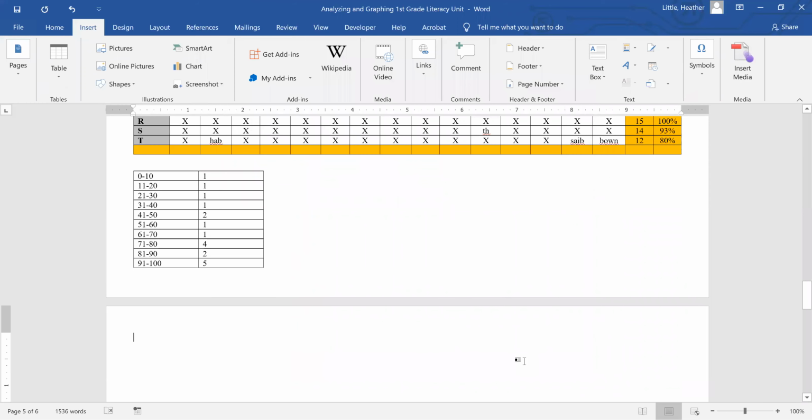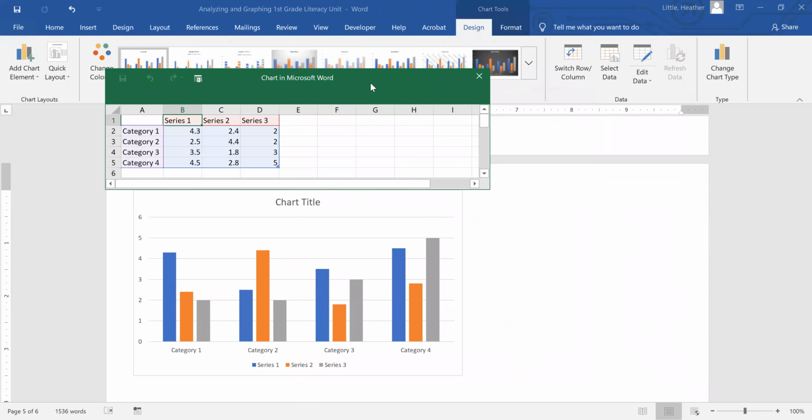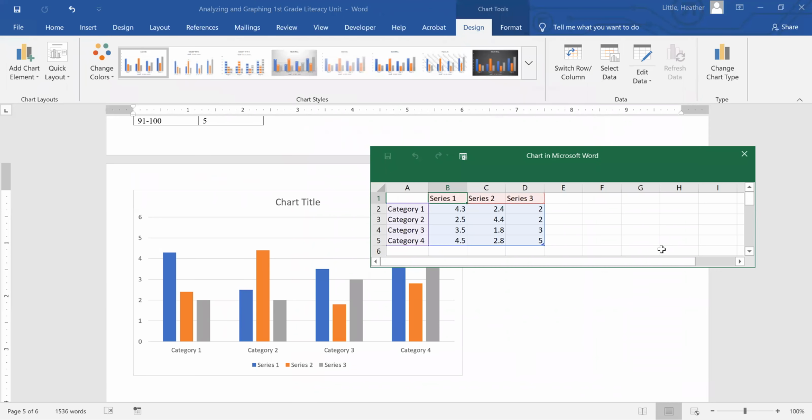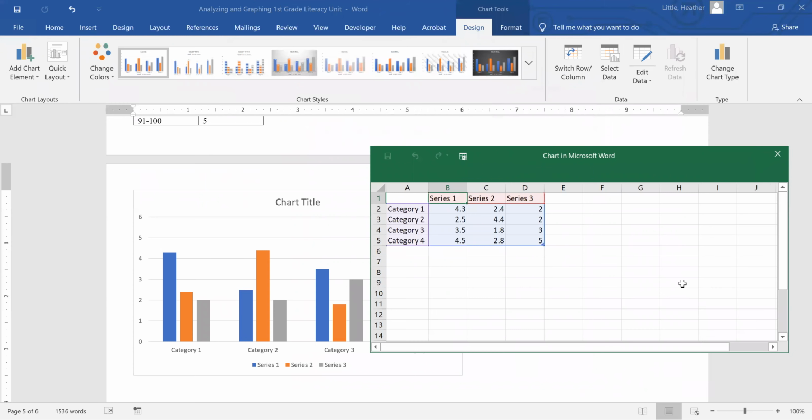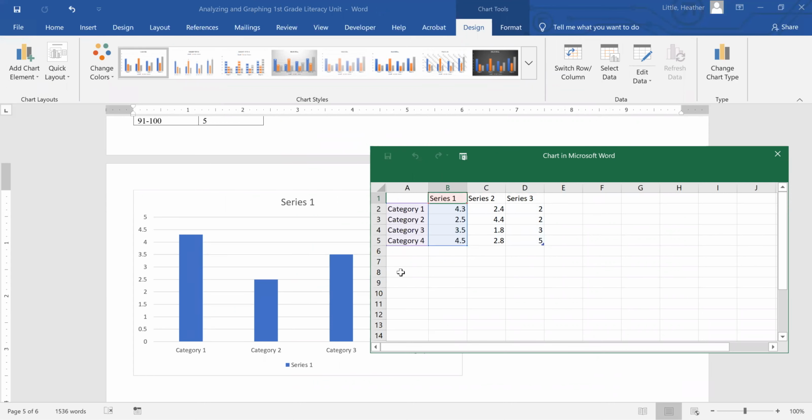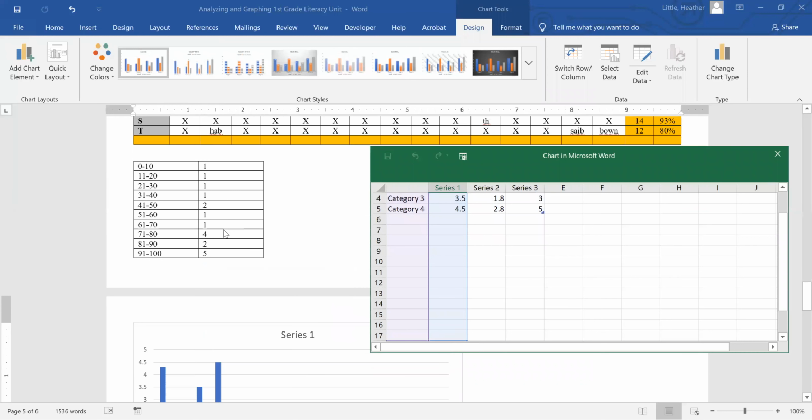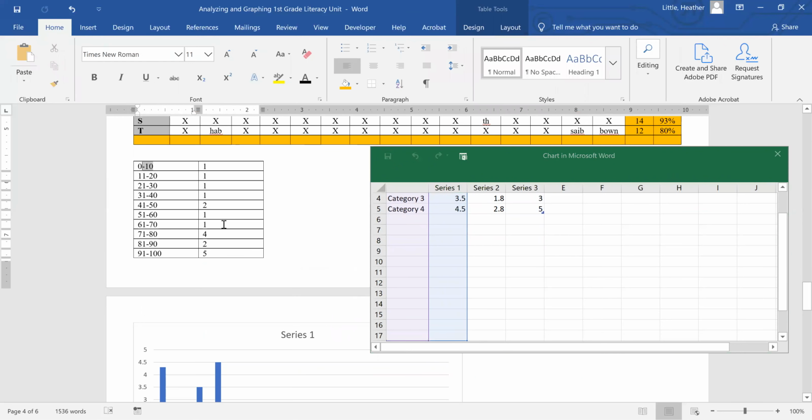Okay, and it's going to open a chart and a table. Okay, and in this instance, we only have one x-axis item and one y-axis item. So we're just going to shrink this down because we only have a couple of categories. And then we're going to expand this out because we have more, and we can literally just copy and paste our data